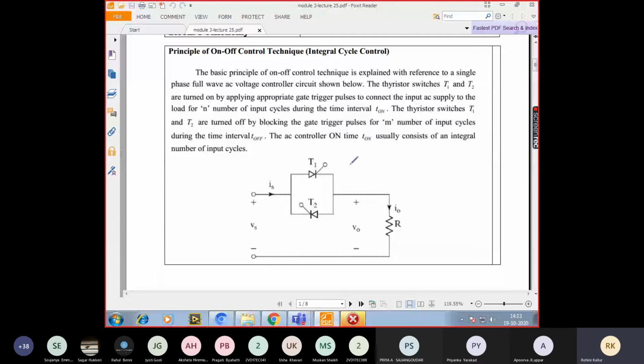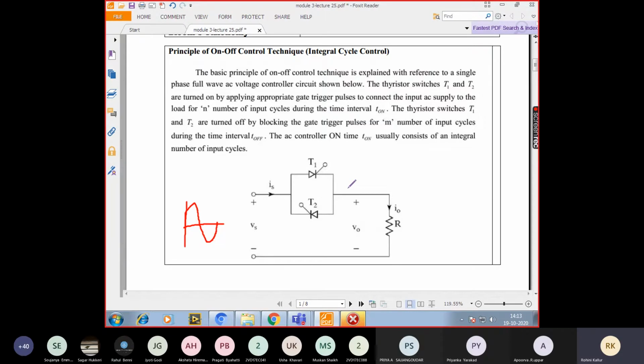So we will have thyristor T1 and thyristor T2 connected back to back. T1 is here and T2 is here, and what is applied here is the secondary voltage of the transformer. The secondary voltage of the transformer is nothing but the sinusoidal input voltage that I am connecting at the input side. Here we are concerned about the number of cycles for which the switch should be on and the number of cycles for which the switch should be off.